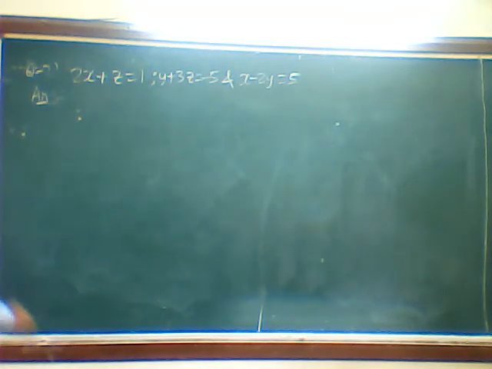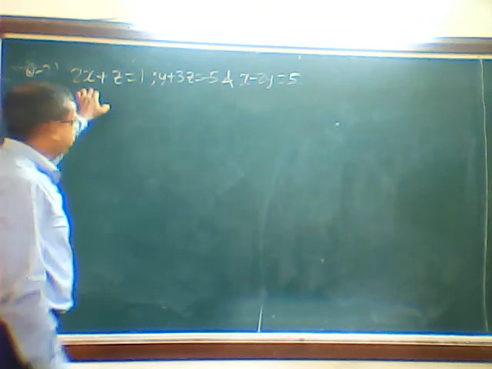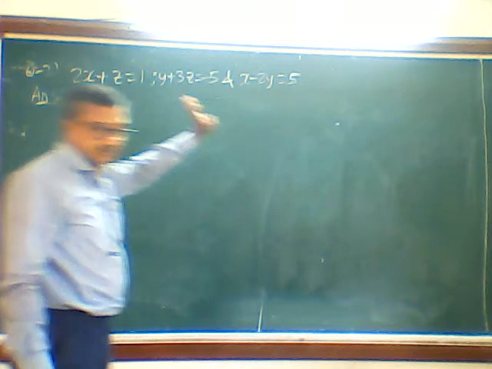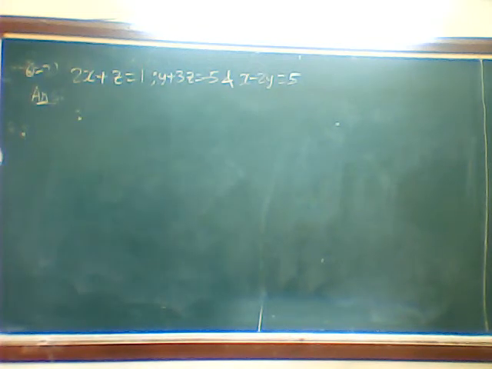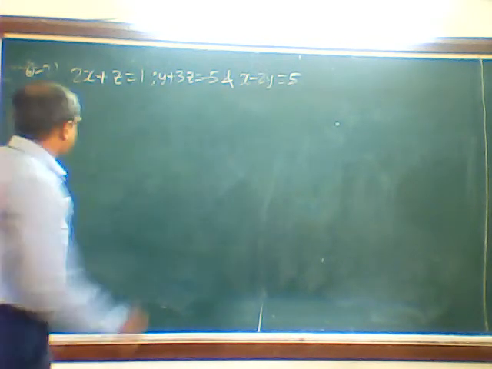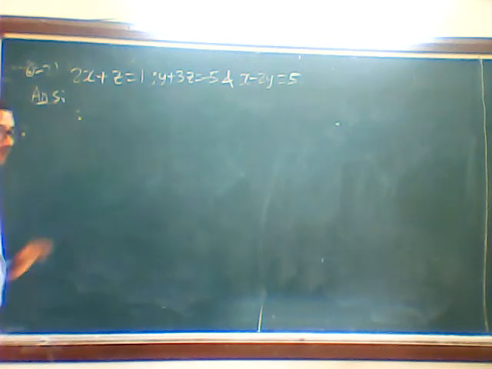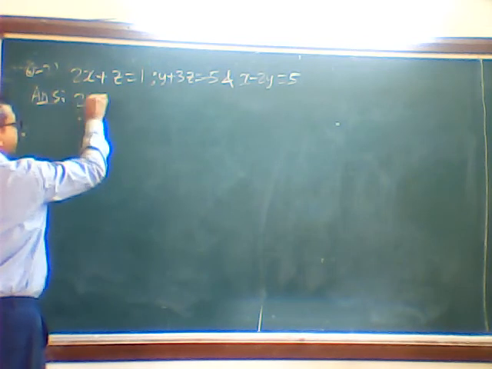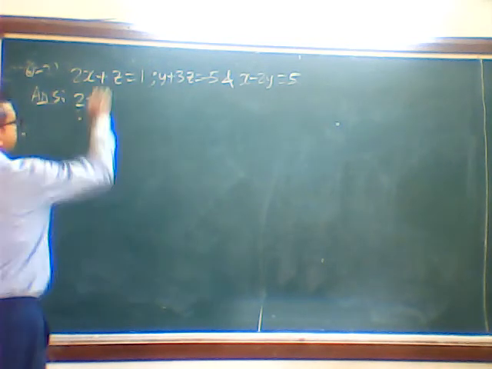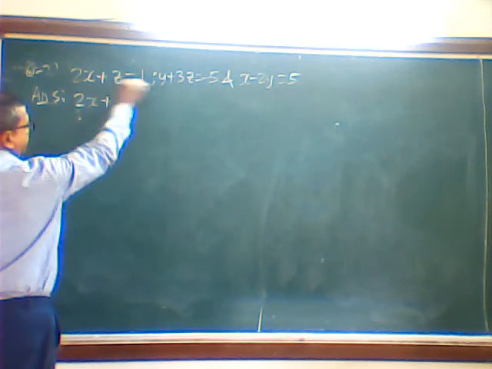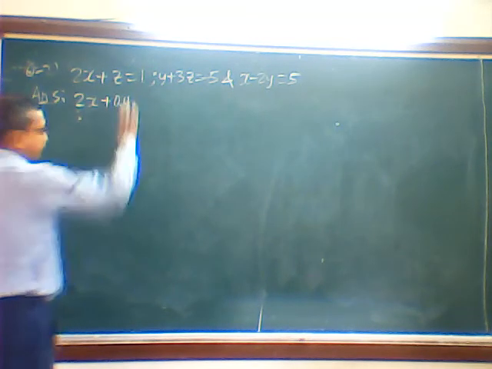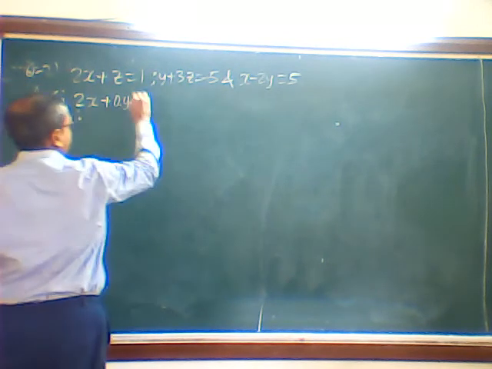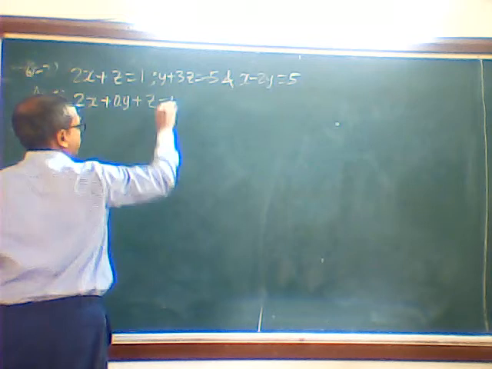Okay. Now in this one here, x is there, z is there; here y is there, z is there; x is there, y is there. And overall three equations are there, which means naturally x, y, z are unknown. In this problem, y is not present in the first equation. So what we will do, we will write it this way: 2x plus, after x, y will come here, y is not there. I will write it this way: 0 into y. Whichever term was not there, it will be 0. 0 into y plus z is equal to 1.